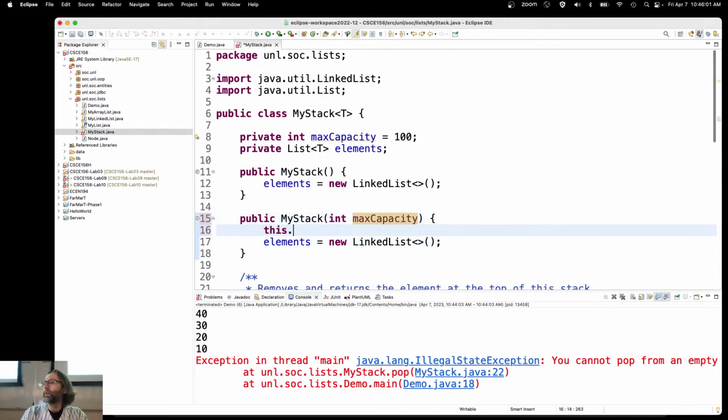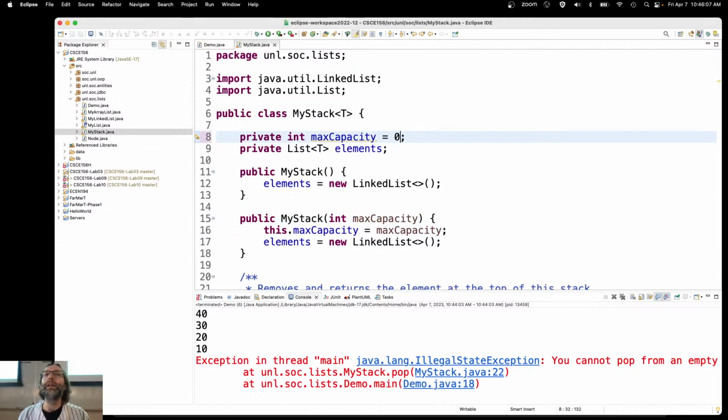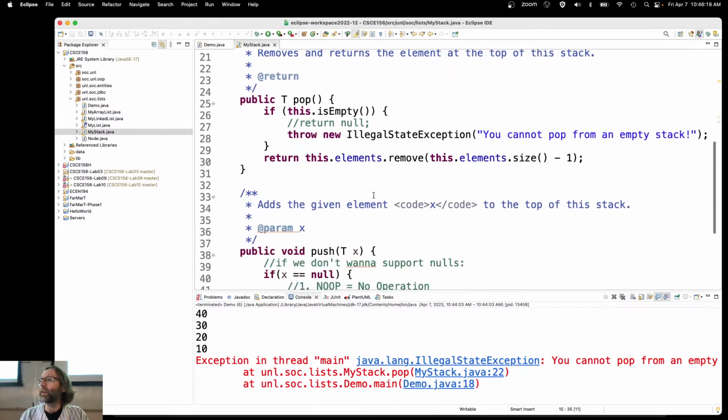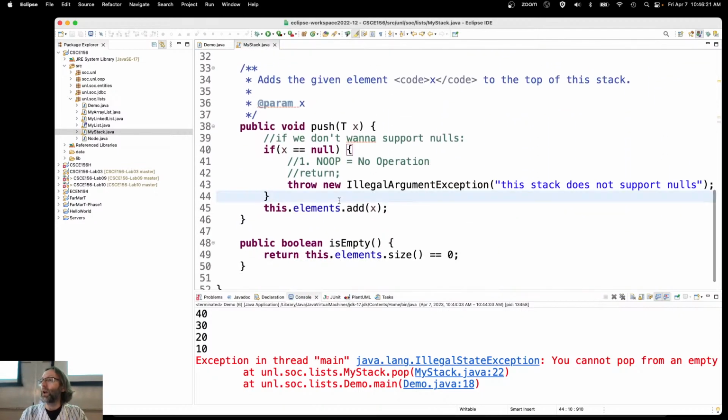And this.maxCapacity is equal to that maxCapacity, right? That has me thinking that maybe we make the default 0 as a flag value to indicate that there is no maximum capacity. But if you gave me a maximum capacity of, say, 5, then I could check that. So let's go over here to the push